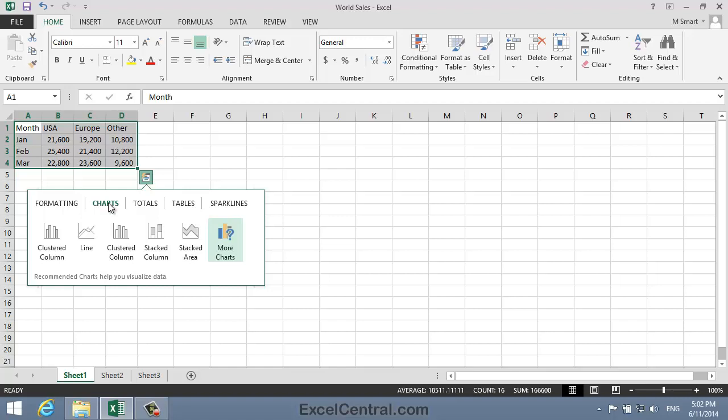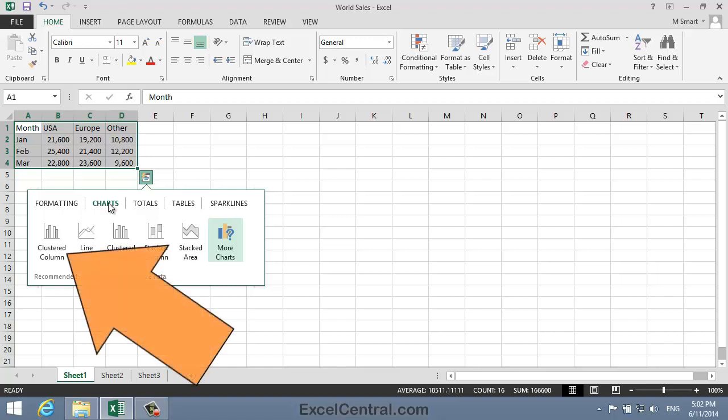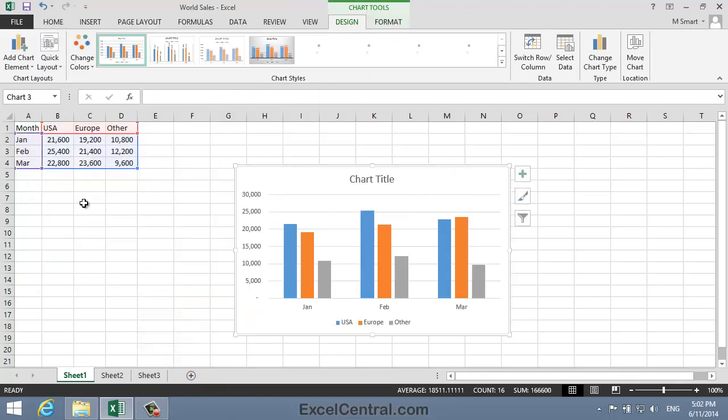This method isn't as versatile as choosing a chart from the ribbon, as we did earlier. But I do have a clustered column chart type, so I'll click Clustered Column, and you can see that this results in exactly the same chart that I created earlier.